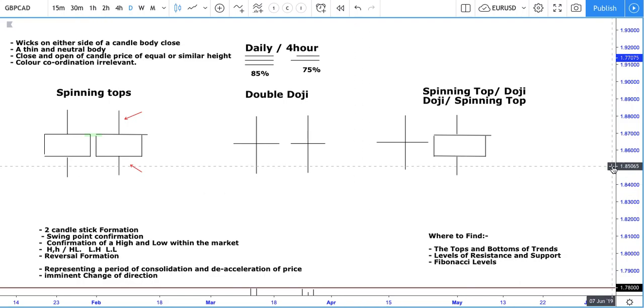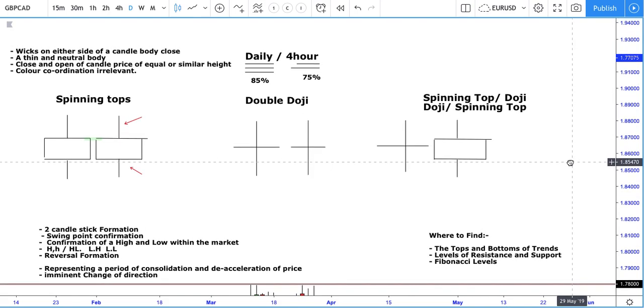Now, this is something that I thought would actually be quite unique. This is one of my favorite types of candlestick entries that I thought I would introduce you guys to. Some of you may have heard of them, seen them, read about them, or done some kind of work with them before, but I just want to show you the in-depth